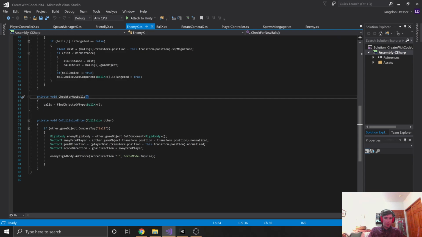And then I found the vector towards the goal. So it finds both the direction directly away from the player when it hits the ball and the vector towards the goal. So if the goal is like over here and it's coming at the ball this way, then I'll find this vector and this vector, and the score direction I set to be the addition of those two. So it would go in between those two vectors,